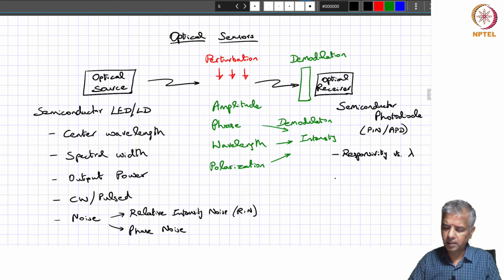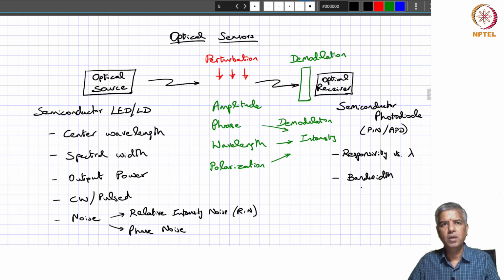The other characteristic is your bandwidth. So what are we talking about as far as the bandwidth is concerned? We are looking at how fast the optical receiver can respond to changes in the incoming light. So if you want to capture events, perturbations that are happening in a nanosecond time scale, for example, what sort of bandwidth would you need? Well, you take the inverse of that and you say roughly, it's going to be requiring bandwidth in the order